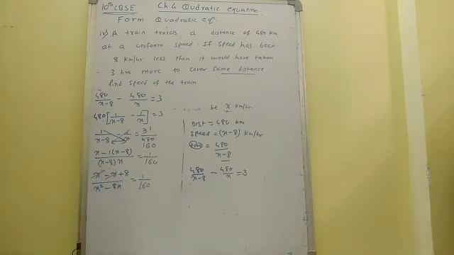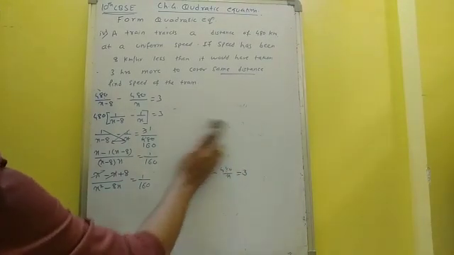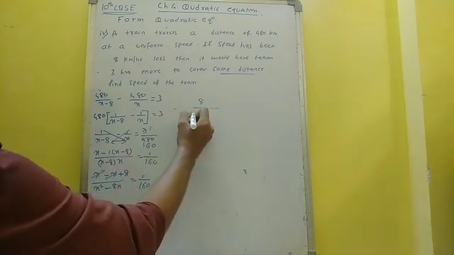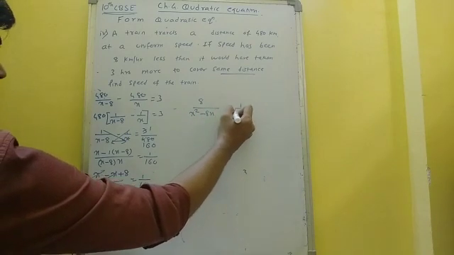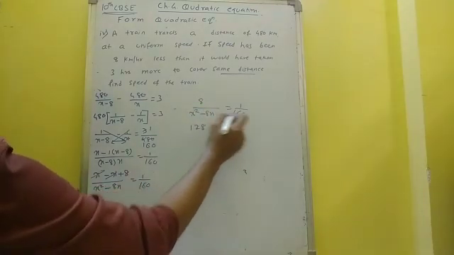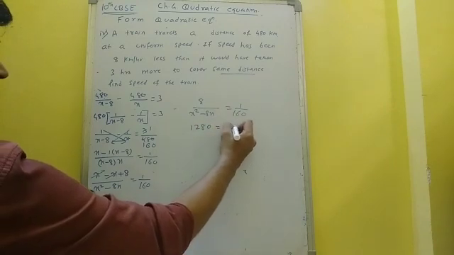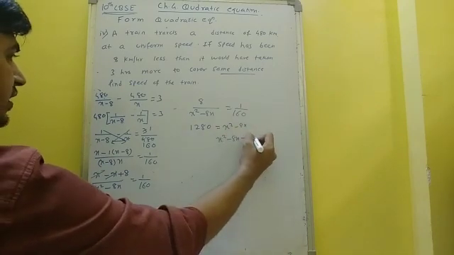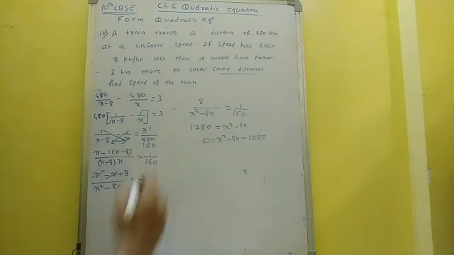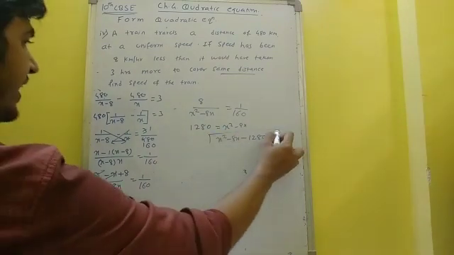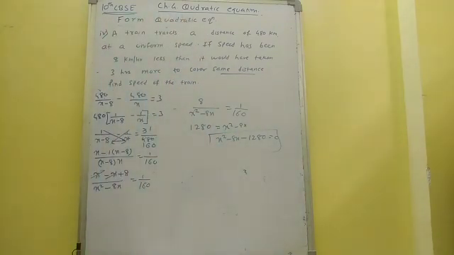Minus x plus x gets cancelled. So what is the equation then? What we have in the numerator: 8 upon x square minus 8x is equal to 1 upon 160. So 16 8s is 128, so 1280. And this will go to the other side, x square minus 8x. So x square minus 8x minus 1280 is equal to 0. Nothing is remaining over here. You can write x is equal to 0 over here also. And this is our quadratic equation. You are asked to form the quadratic equation. That's it.